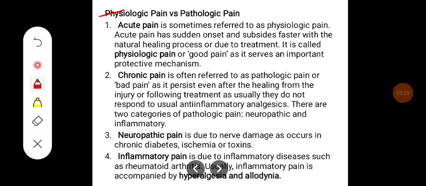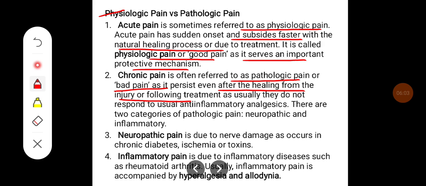Then there can be physiological pain and pathological pain. It could be acute pain or chronic pain, or neuropathic pain or inflammatory pain. The acute pain is sometimes referred to as physiologic pain. Acute pain has a sudden onset and subsides faster with the natural healing process or due to treatment. It is called physiologic pain or good pain as it serves an important protective mechanism. Chronic pain, often referred to as pathologic pain or bad pain, persists even after healing from injury or following treatment, as usually they do not respond to